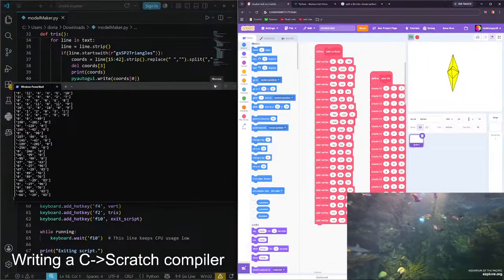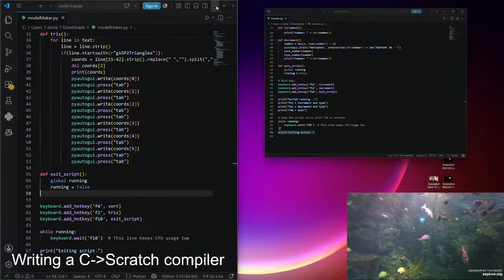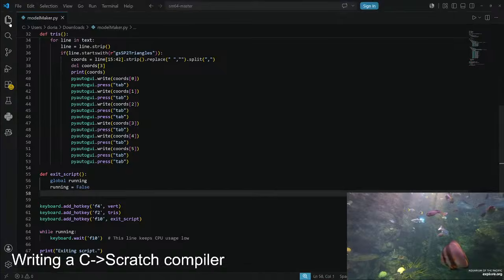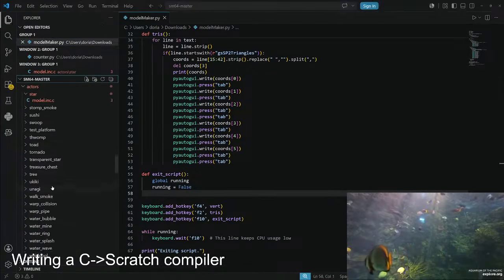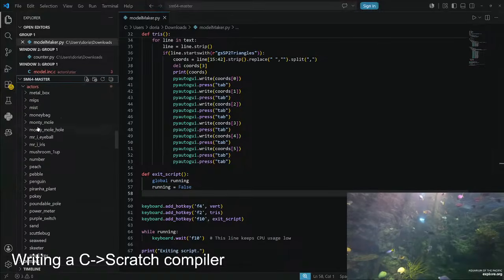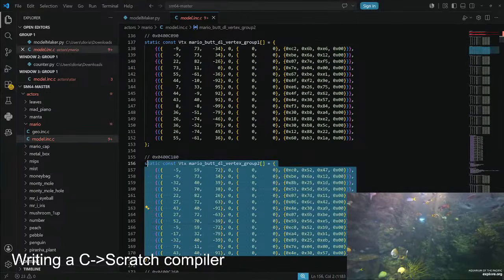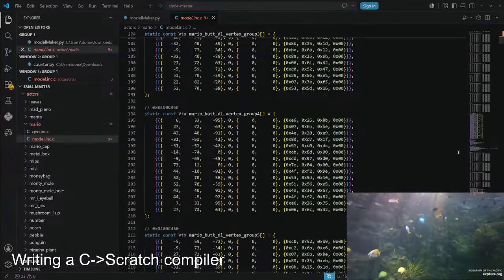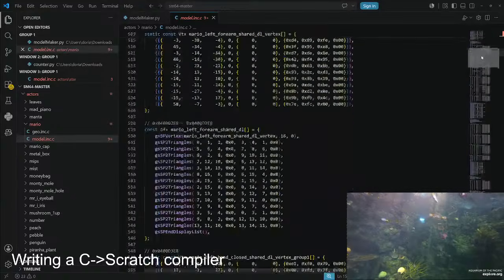I would now try to go run this for the Mario. The problem... I've gotta go, but I will show you one last thing before I do go. The problem with that is if I go to, like, the Mario, wherever it is. Mario, where are you? Mario model, it's in multiple sections. So they have it in vertex group 1, 2, 3, 4, 5, 6, 7, 8, 9, 10, and then they define